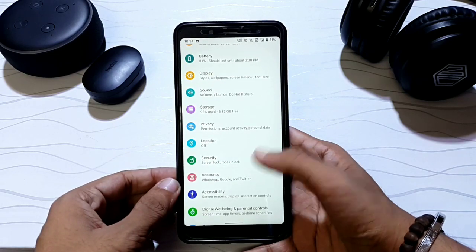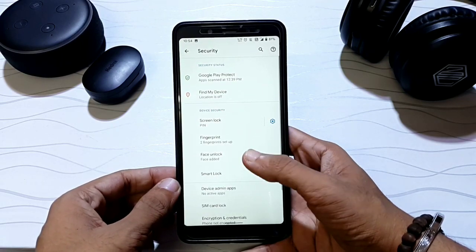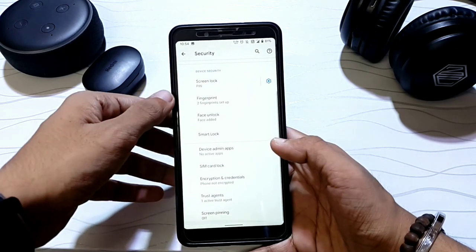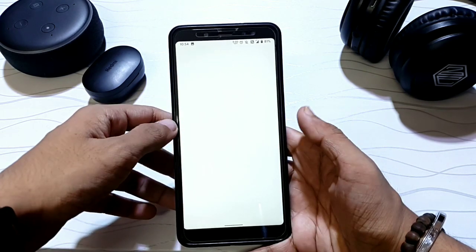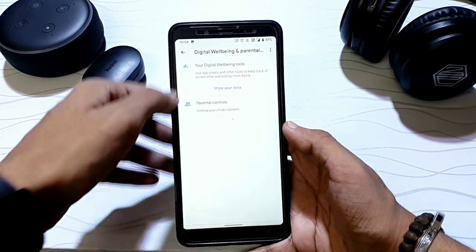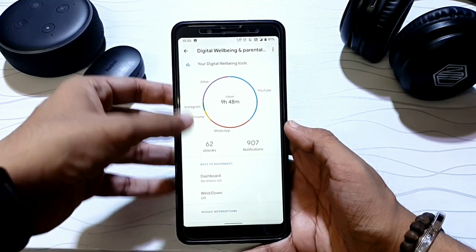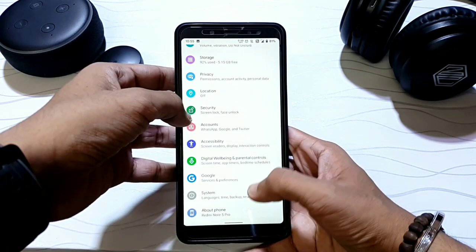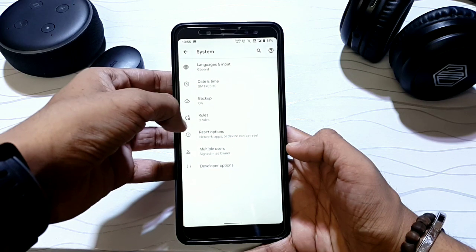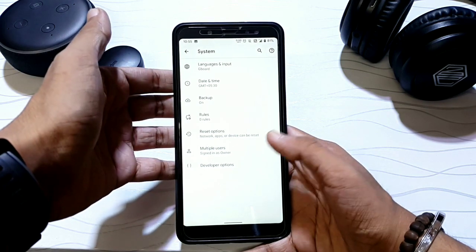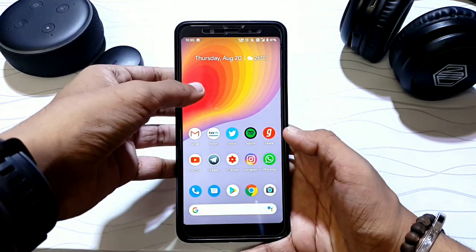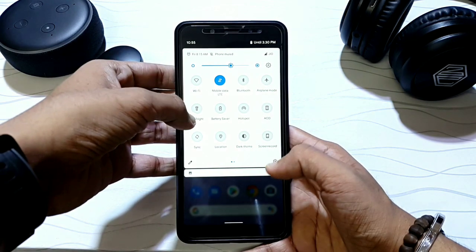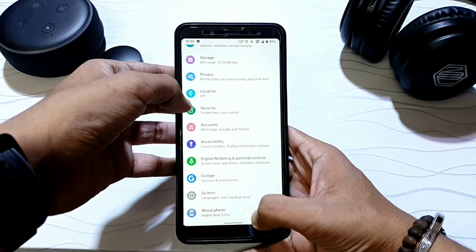Let's go to security. You have the option of face unlock, digital wellbeing, show your data like this. Let's go to system, like this. So this was the ROM running, Havoc OS 3.8.